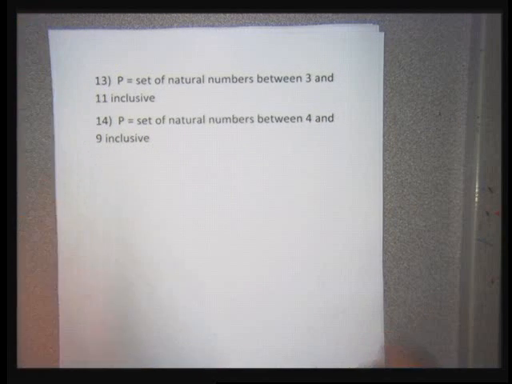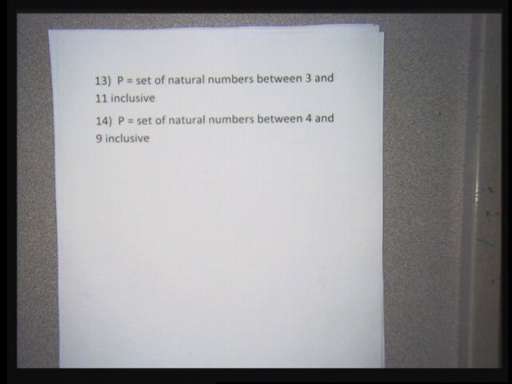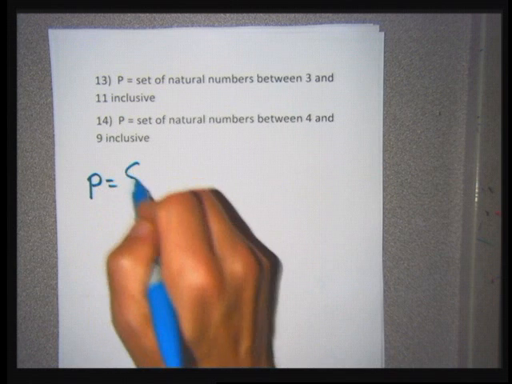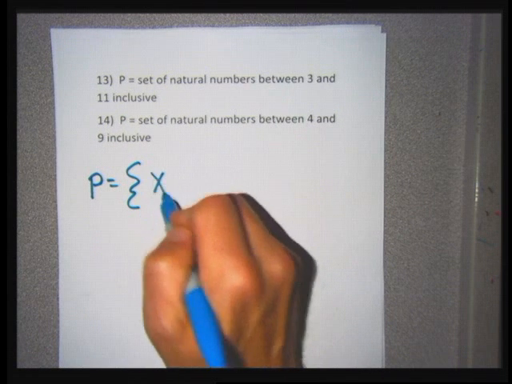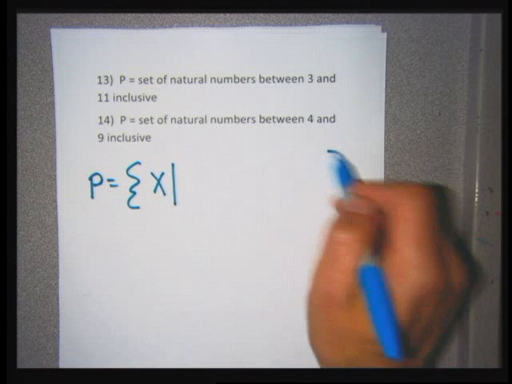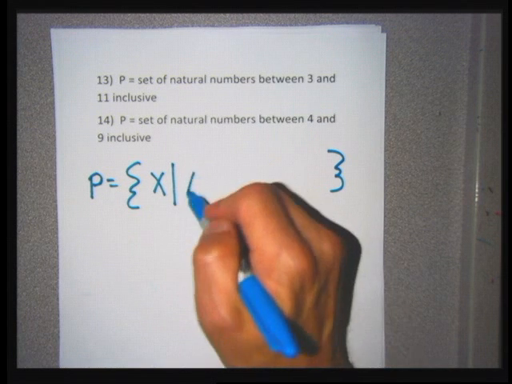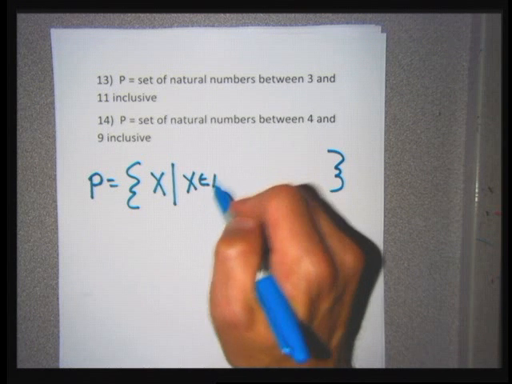Oh, okay, so I did a word description in 13 and 14. So I'm going to do 14, and I'm going to write P, because my set name is P, and then an equal sign, and then my set builder notation: the set braces, the letter X, and a vertical bar. For me, and for you, we have X between two numbers, inclusive, meaning including the endpoints, and X is a natural number. So I'm going to start off by saying X is a natural number, comma for the word "and"